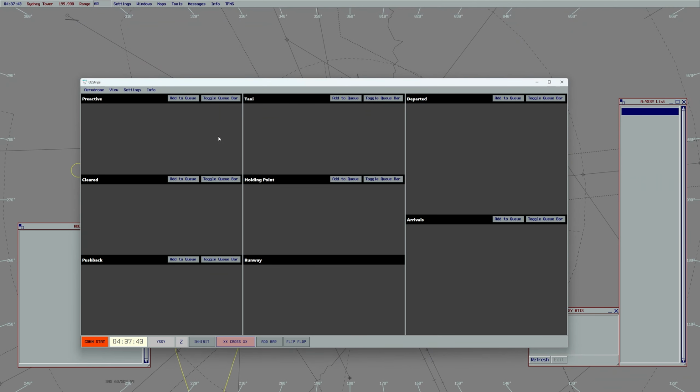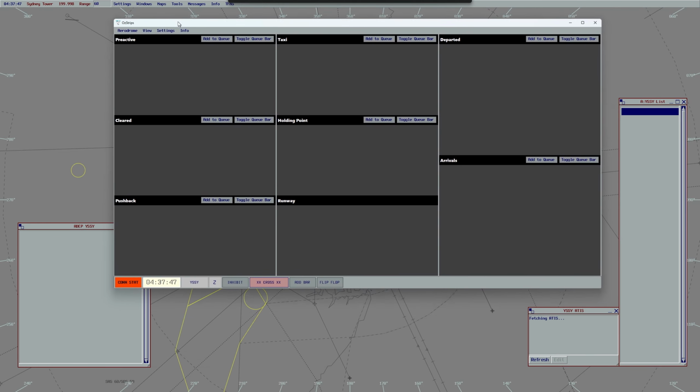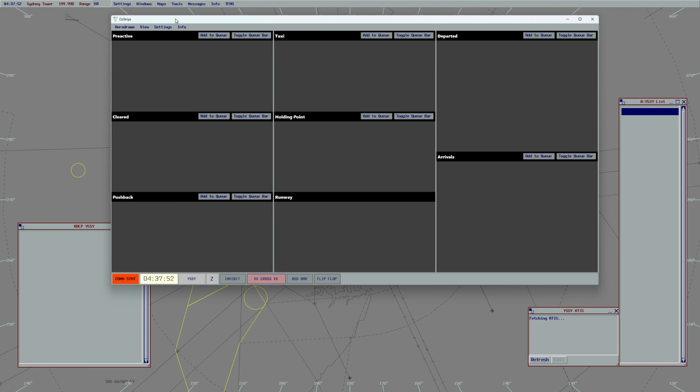Once you set a tower position to observe, you'll notice that the OzStrips window pops up. OzStrips is a newly mandated tool that replaces the default vatSys strips for aerodrome positions. So that's for delivery, ground, and tower controllers. And all training will be conducted with OzStrips now as the primary strip method for aerodrome